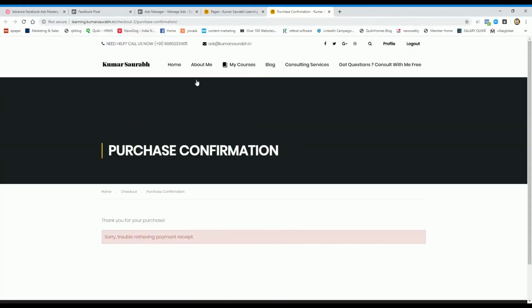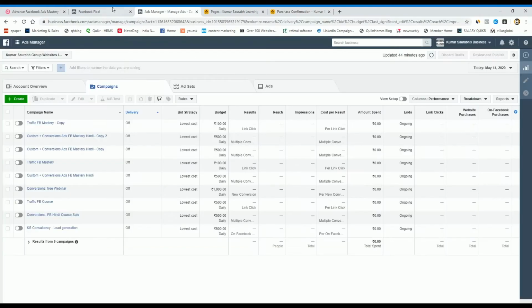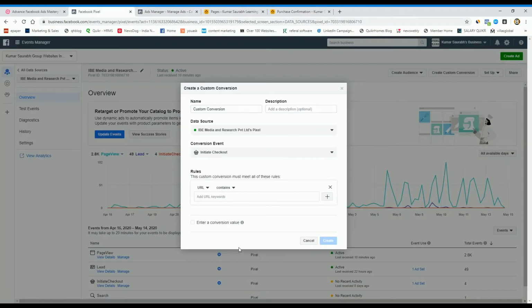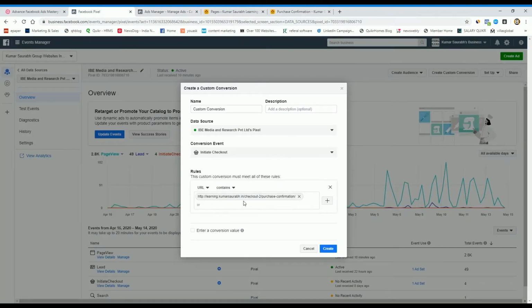So it means someone comes to my website, goes to my particular product, makes the payment for this product, and then the page redirects to the purchase confirmation. So I'll take this URL and put it here. Why this URL?